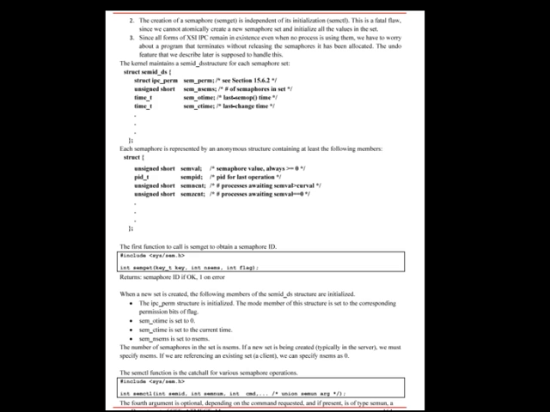Now let us see semaphores. A semaphore is a counter used to provide access to a shared data object for multiple processes. To obtain a shared resource, a process needs to do the following. Test the semaphore that controls the resource. If the value of the semaphore is positive, the process can use the resource.